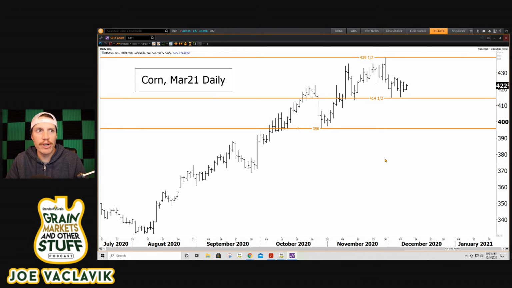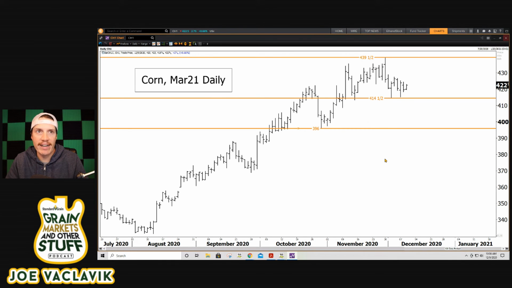If we were to go down and trade below that 414 level, I think that opens the door to a quick move down to 396. You could probably go down to 396, still have the funds long the market, still have some bullish sentiment, and it would not be a total technical disaster either if we went down and traded 396. I would call that probably a technical correction if we were able to go down there, test that level, hold it. I think that would be something that may ultimately be healthy for the market. To be honest, it's typically healthy to see corrections in markets, even in the midst of a big bull run like we have going on right now.